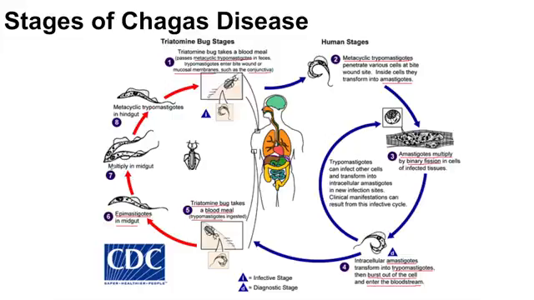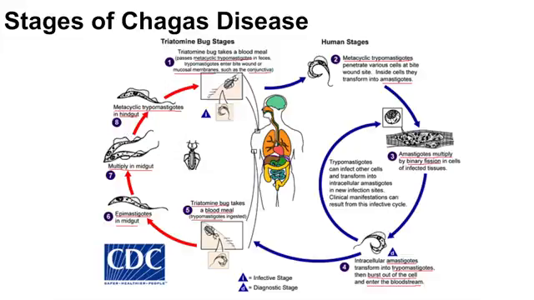The epimastigotes then multiply within the midgut, and then once the epimastigotes enter the hindgut of the triatomine bug, they become metacyclic trypomastigotes. And after they are in the hindgut, once they are removed by defecation by the triatomine bug, again, this cycle can continue, and another individual can be infected by these metacyclic trypomastigotes in the feces from these bugs. And that continues the cycle.